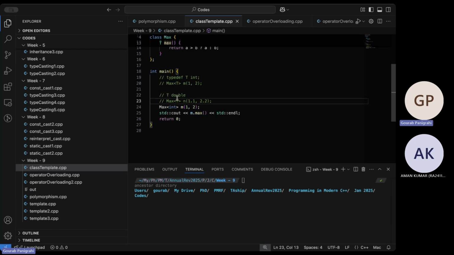You can pass T here and double will be sent to the template parameter. That is the important thing. Templates need to be known at compilation time, all the parameters. So here we have just one template parameter. All the parameters in the template need to be known at compilation time. So hence, if I have some T, which is a variable, so it changes to integer in one place, double in another place, and I'm trying to pass it to template parameters, that is not allowed. Okay.